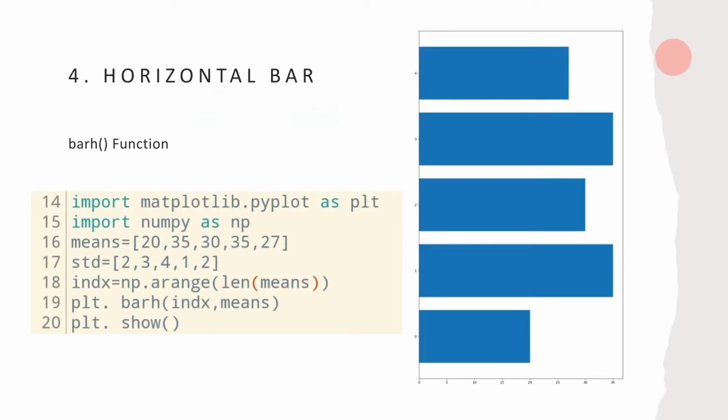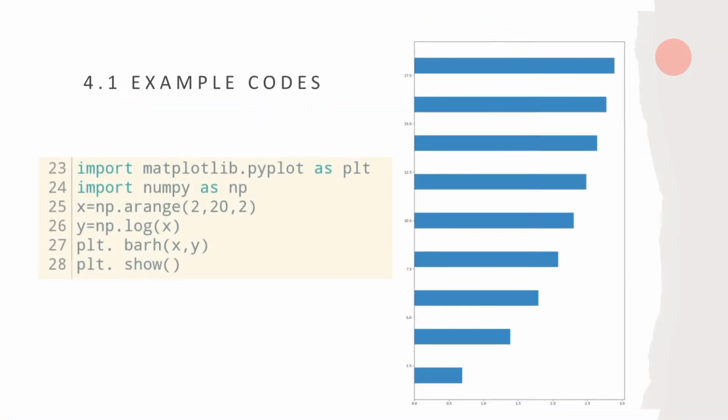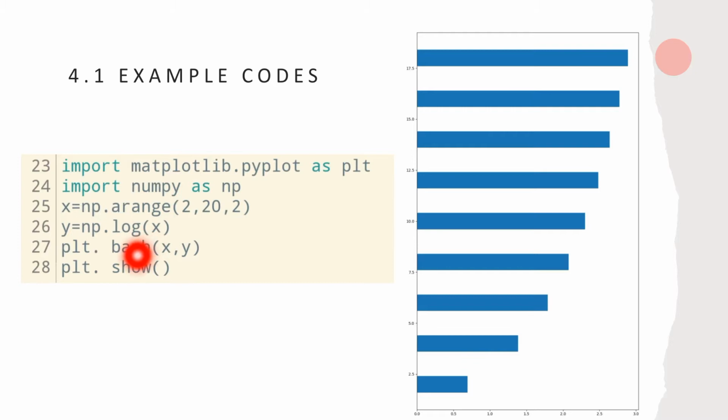There is also a different thing, like the horizontal bar. Just as there is an x-axis, there is a y-axis. We have to create that horizontal bar with the function barh. So we just have to change bar into barh, and our program will look like this. That's why I'm using the same program for bar and barh.